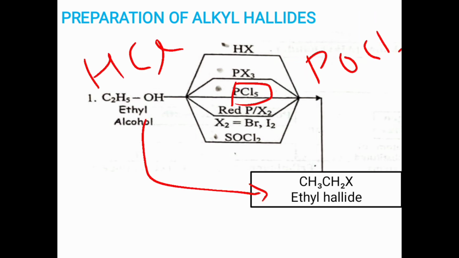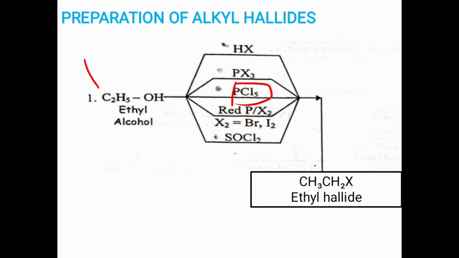So going further, when we react with red hot iron tube in the presence of phosphorus and X2, that is chlorine, bromine or iodine, as it may be, then the main product formed is ethyl halide or alkyl halide. Ethyl halide is just for reference. The main product formed is alkyl halide.